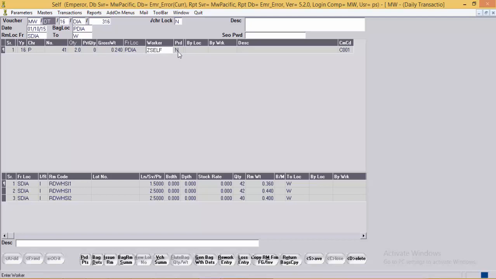Now after the diamonds have been issued in the bag, another type of daily transaction which can be done on the bag is issuing of gold, issuing of accessories or solder wire into the bag. So we'll take examples one by one. The example we have taken is a wax set design. After issuing diamond, we will move this bag to the wax setting location. To move a bag from one process location to another, we will use the bag movement transaction.